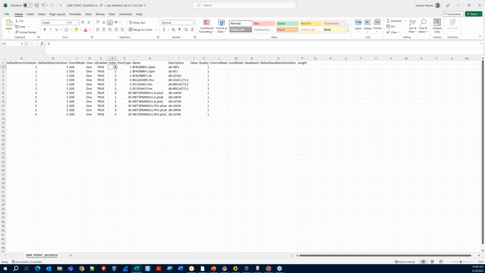And then lastly, what the tool did for me was create these indexes. It really just does this automatically. You could come in and edit them should you choose, but it basically starts, well, I've got 3 different binary inputs, so I need to start at index 0, and it just increments from there. Once I switch to a new data type, in this case 3, which we said corresponds to double bit,